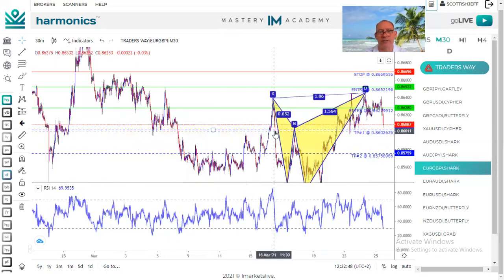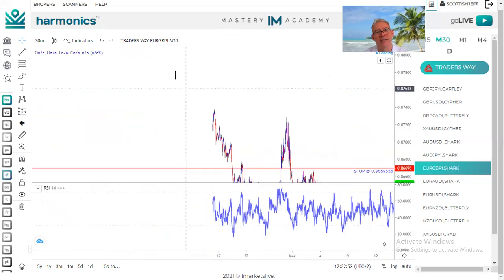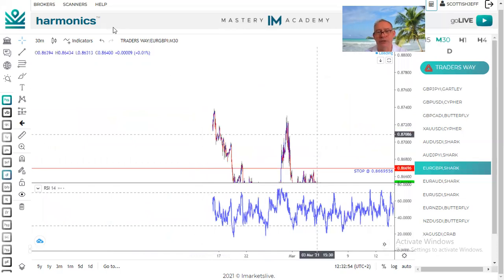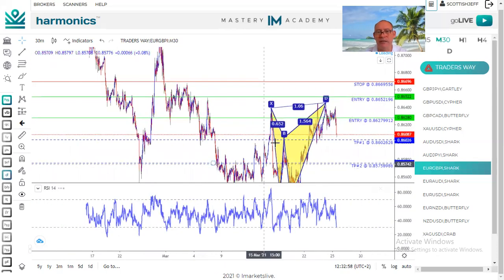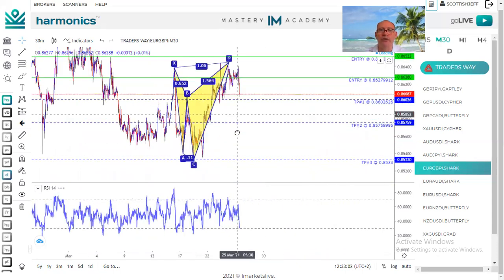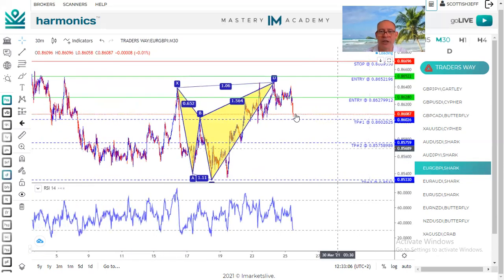Step two. Is it with the trend? Is this a downtrend or an uptrend? This is a downtrend. So I would like that to continue. So we had a pullback here. It's now ready for another one to continue the trend. So we're looking for the continuing trend. And this is exactly it. So if you were in this trade right here,